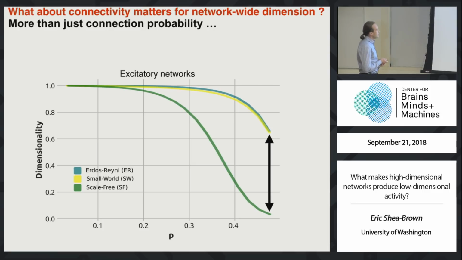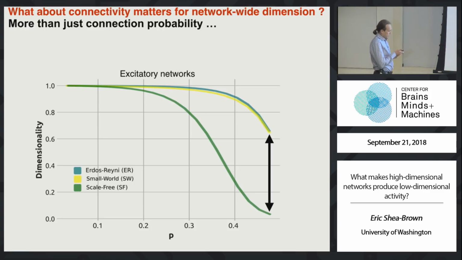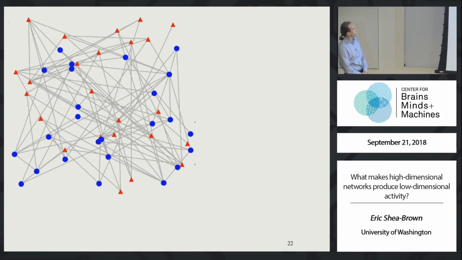Investigating these plots, we see that the situation is pretty interesting. There are some ways of rearranging connections from the purely random case that cause the dimensionality to plummet. I have a very strong control on this. But there are other things that seem equally dramatic at first blush, like going for a small world architecture with lots of local connectivity, that don't do anything at all in terms of the dimensionality or the degrees of freedom that the system explores. So for me, this says there's more than just connection probability that matters, and the answers are likely to be quite interesting. So let's see what they are.